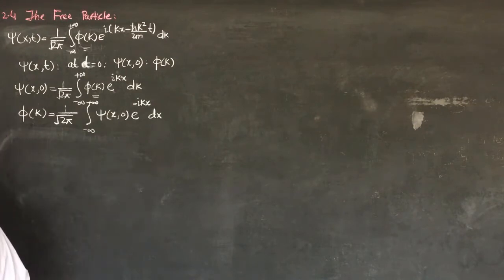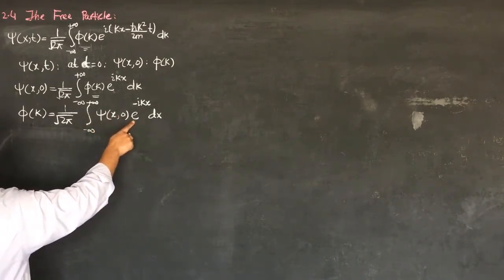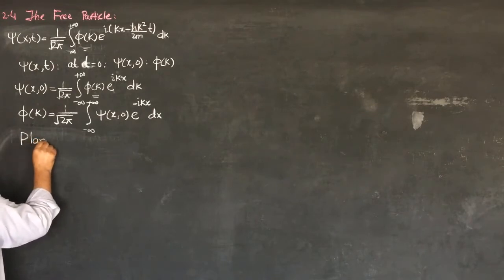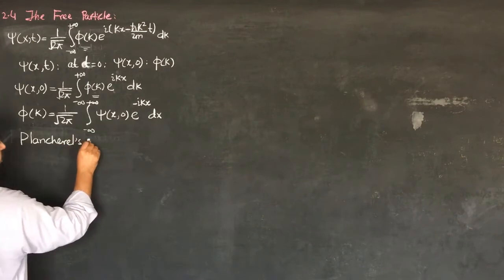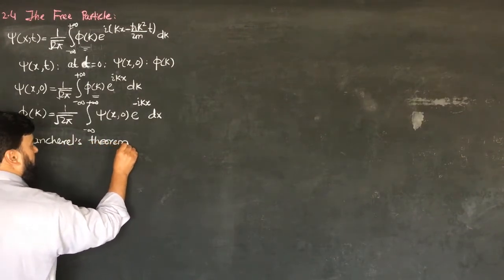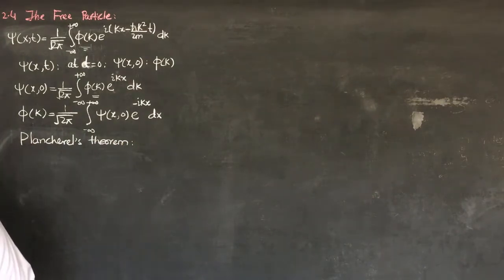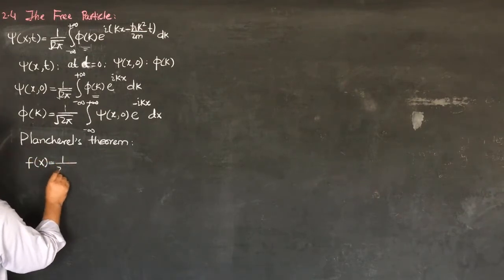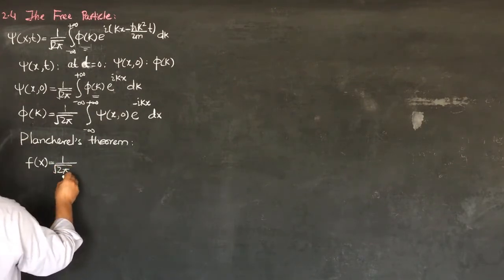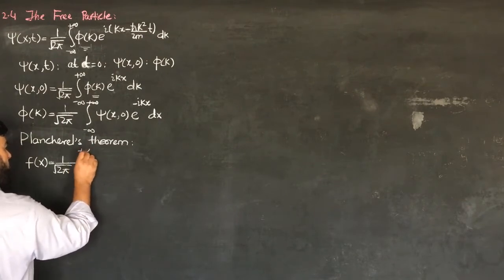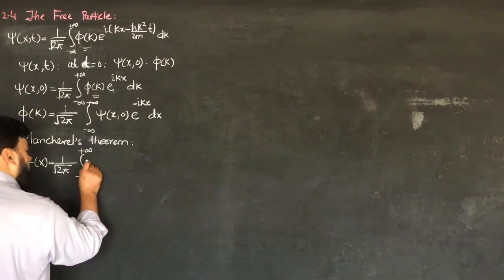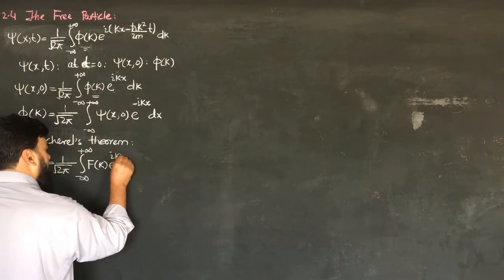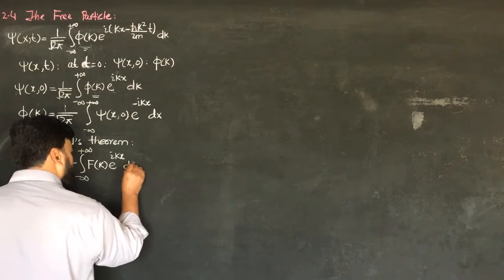In order to switch from the real space to the momentum space, and from the momentum space into the real space, it is not a simple multiplication of e^(-ikx), but this is under Plancherel's theorem. Plancherel's theorem states that when f(x) is equal to 1 over the square root of 2π integral from minus infinity to plus infinity of capital F(k) e^(ikx) dk,